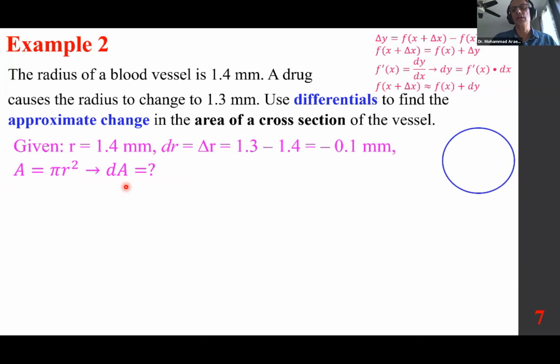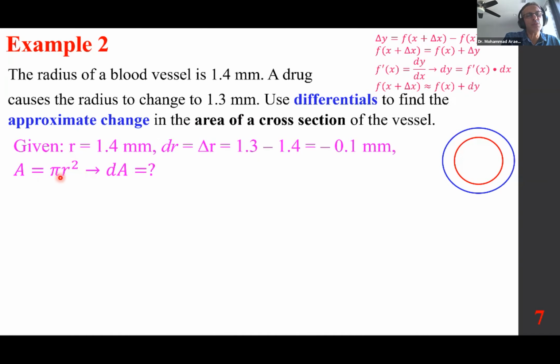Here's the circle with some radius r. In this case, r is 1.4, and it's going to shrink to a new one with a different radius, 1.3. That's the concept. First and foremost, let's differentiate this and find A prime of r,